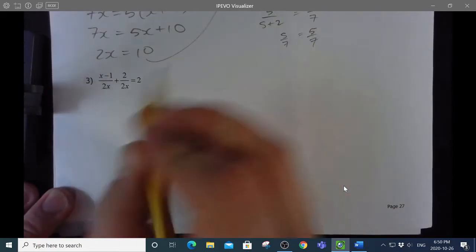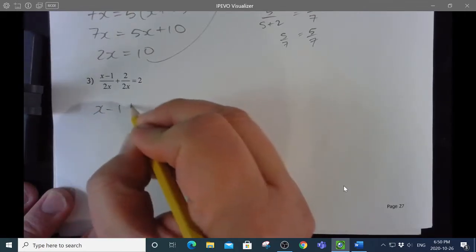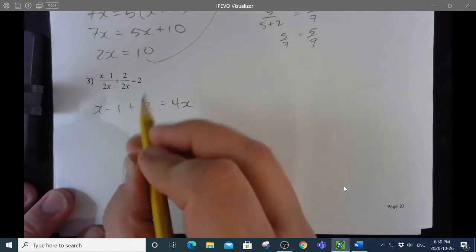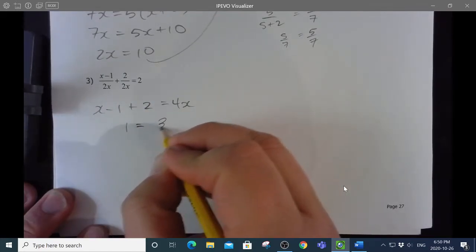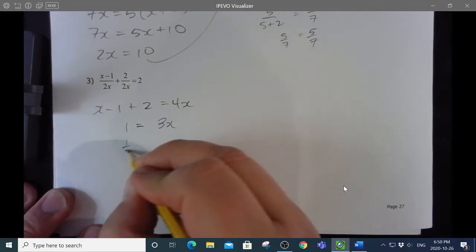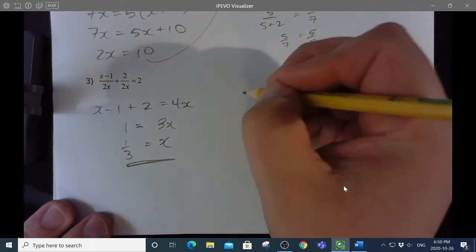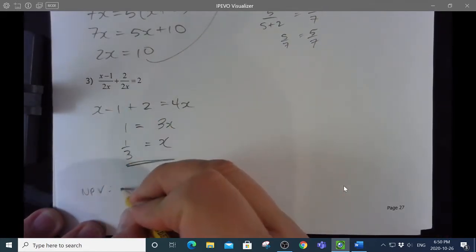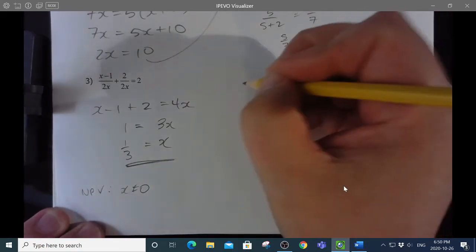So I multiply everything here, all 3 of these terms by 2x, leaving me x minus 1 plus 2 equals 4x. I'm going to move this x to the other side and collect those 2 like terms. And so x is once again equal to 1/3. Okay, we can check that that's true. First of all, I guess maybe we should do non-permissible values. Only one of them. X can't be 0. That's not a 0, so we're in good shape there. And my check